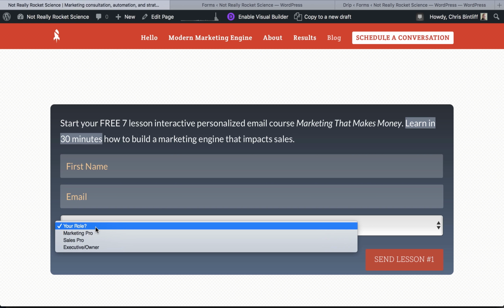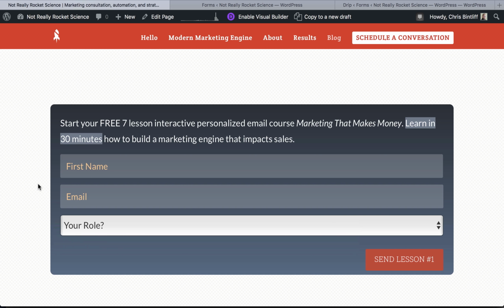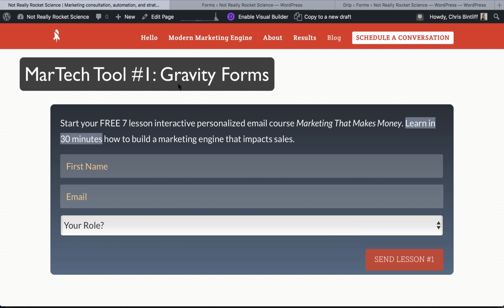So I typically do business with marketing professionals, sales professionals, executives, and consultants or business owners. I'm holding off on the component for the consultant. I'm going to build that a little later. So for now, I'm working to attract interest from these 3 personas: the marketing pro, the sales pro, and the executive. And this introduces my first integration into another tool in my technology stack, which would just be